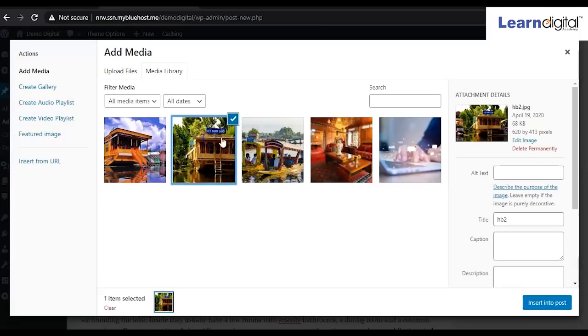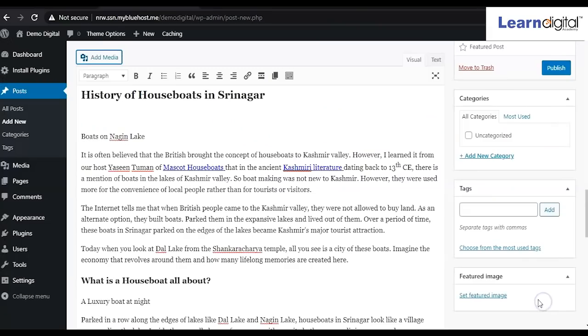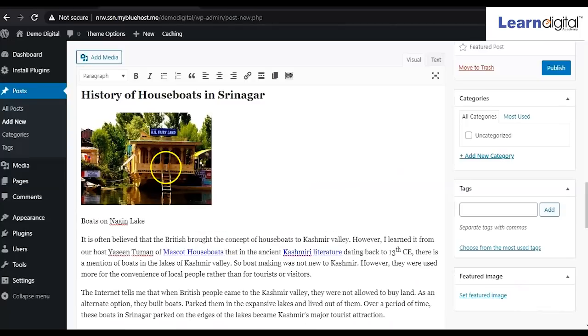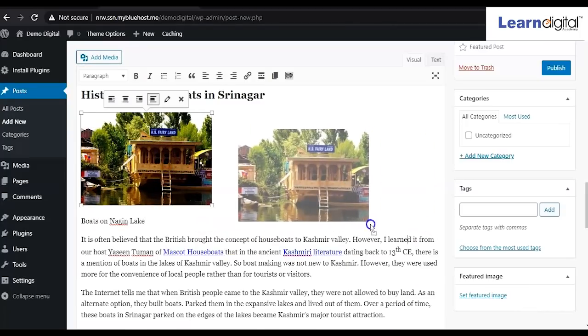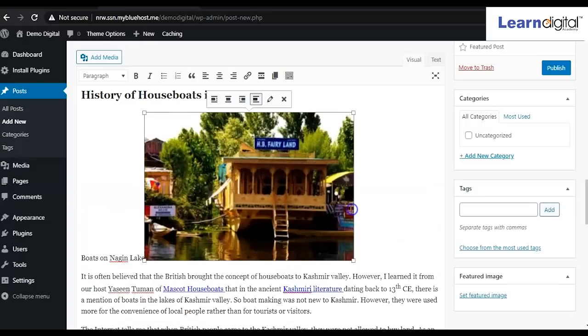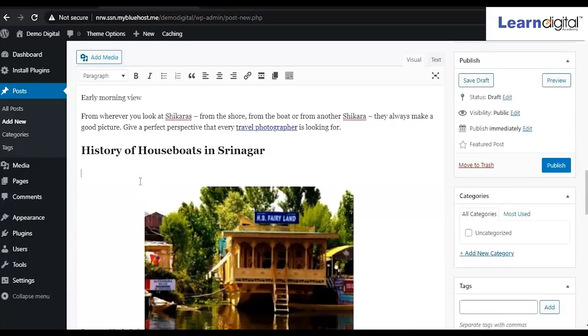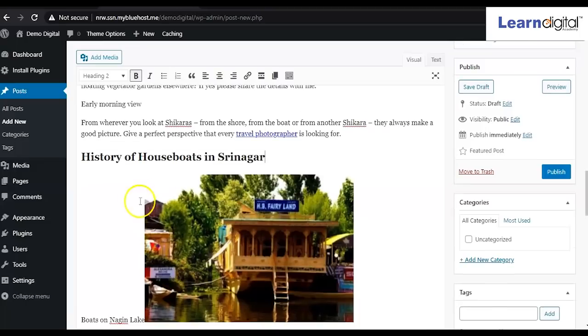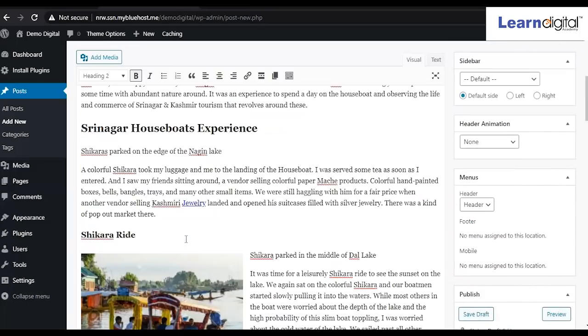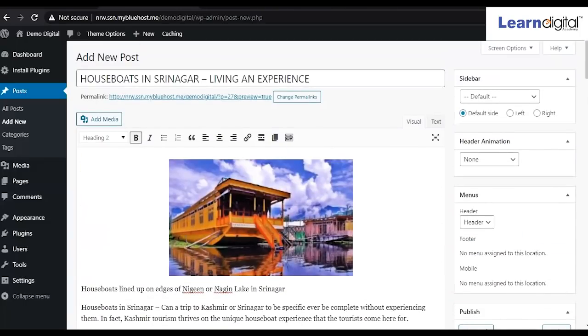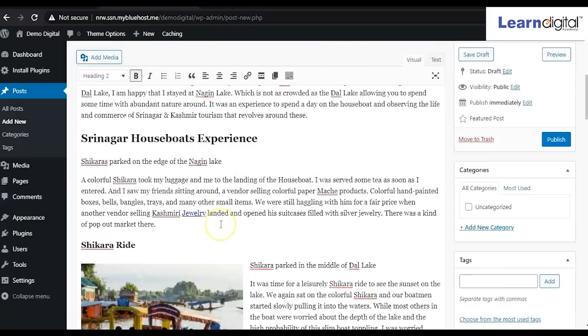Just for an example, you are taking this one. So it has come now. Simply you can drag it. Fine. Like this one, you can simply copy and paste for practice purposes.